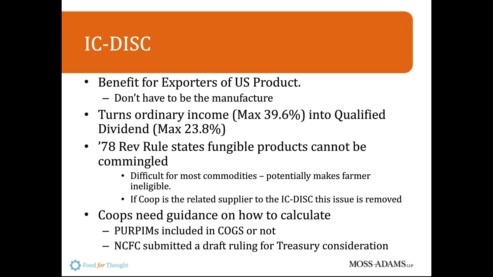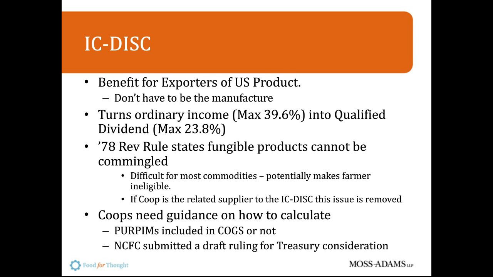That commission is a deduction for the main company. It's income for the new sister DISC company. But because of the special DISC rules, the DISC company does not have to pay any income tax on it. That DISC company can then turn around and issue a qualified dividend out to the shareholders of that DISC company, and as a result, you have the opportunity to greatly reduce taxable income at the taxable entity level and pick it up as qualified dividends.